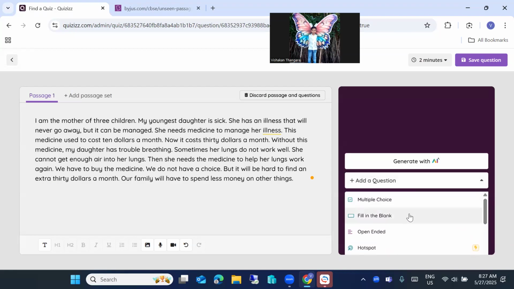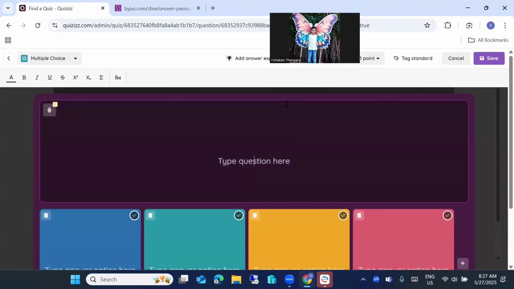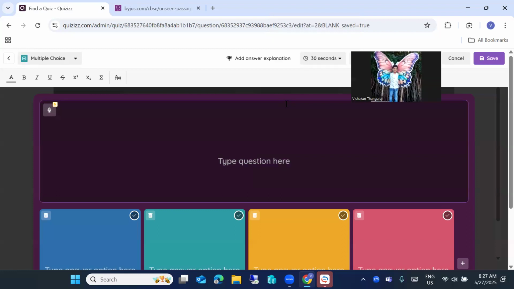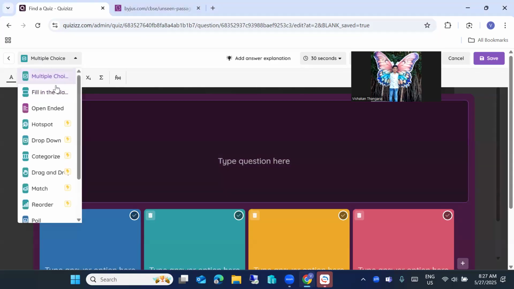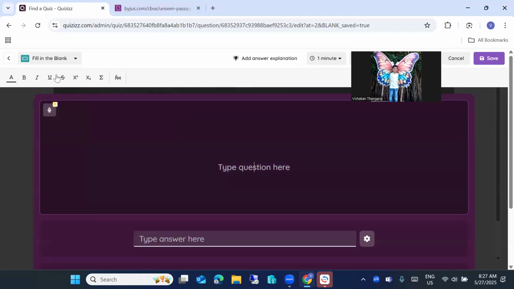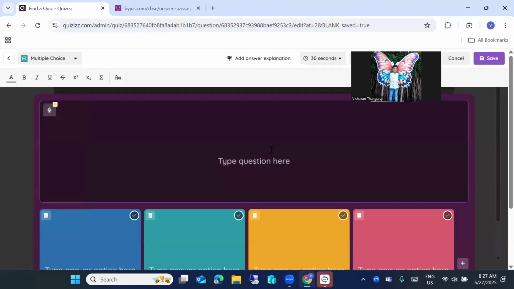Now you have two things you can use, multiple choice as well as fill in the blanks. So I am going to keep it as multiple choice. If you want, you can also keep it as fill in the blanks. First, I'm going to teach you how to use